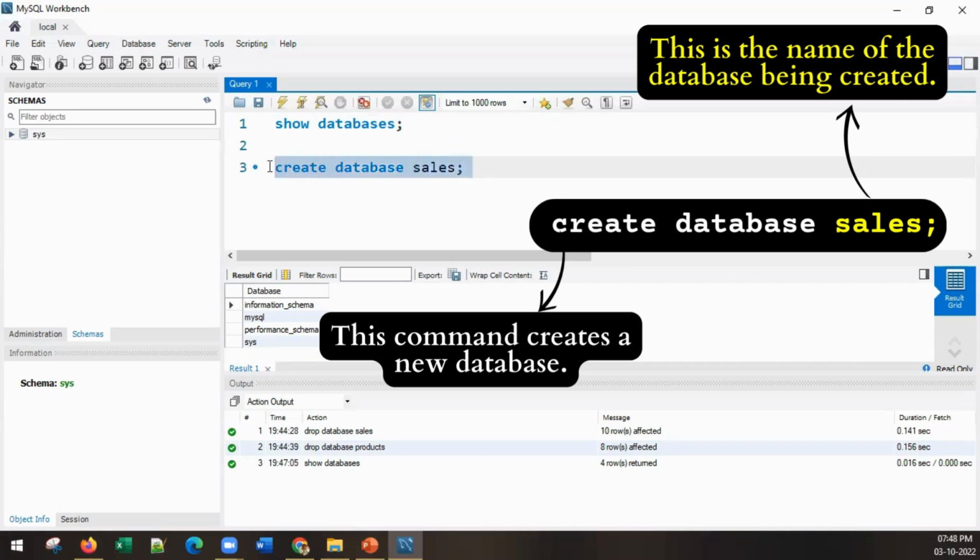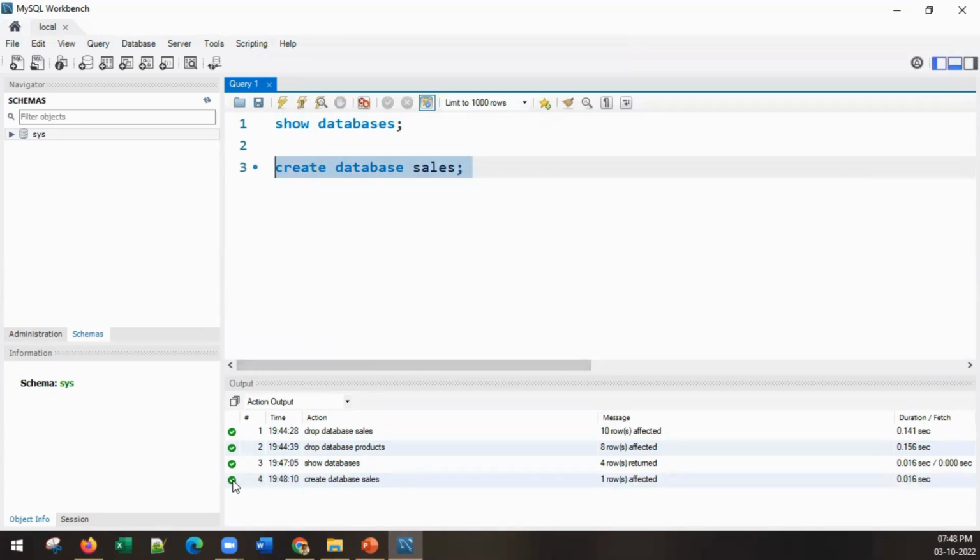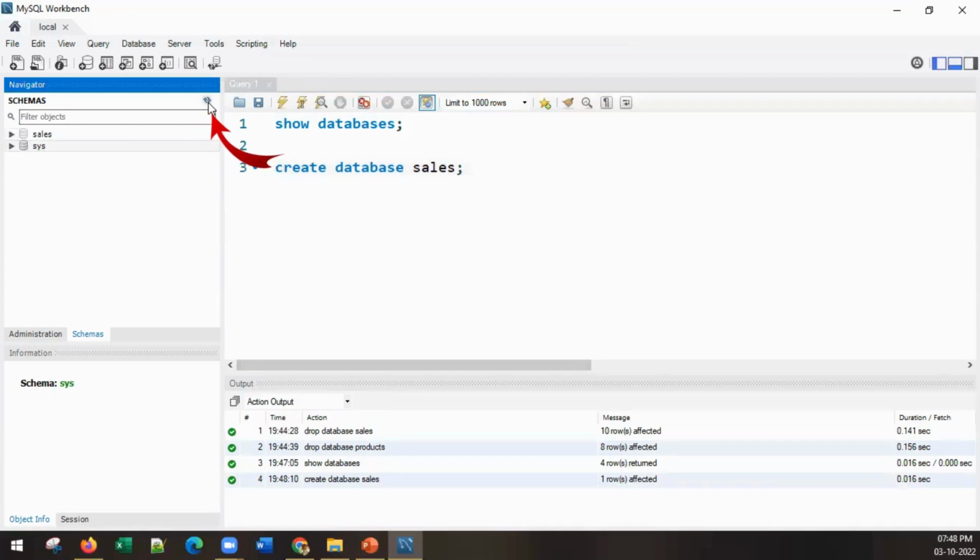Okay, so then take this and try to execute it. A new database is created. You look at this, there is a tick mark here. Don't do it right now, just wait and see. Once you have understood, then you can do it. There's a tick mark here, that means this has executed, but on the left hand side I cannot see it. You will also face this situation where you cannot see the database that has been created. What you need to do is use this refresh button. Try to use this refresh button, then you can see the sales database,